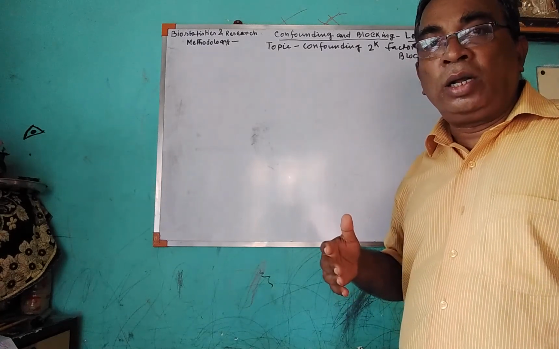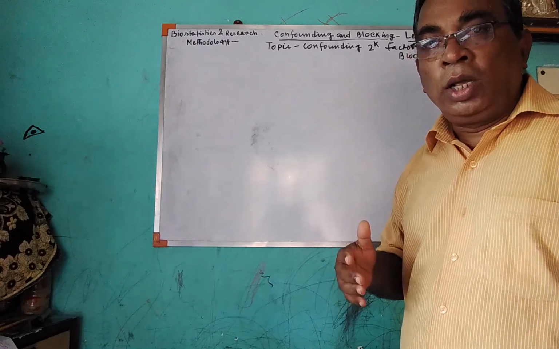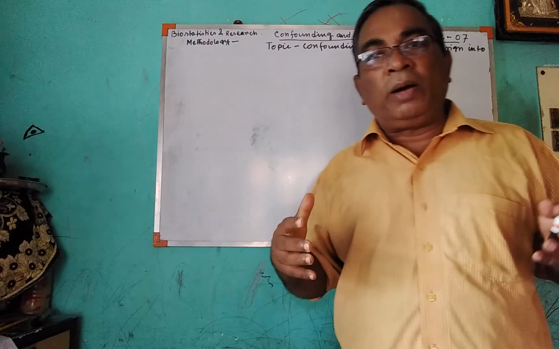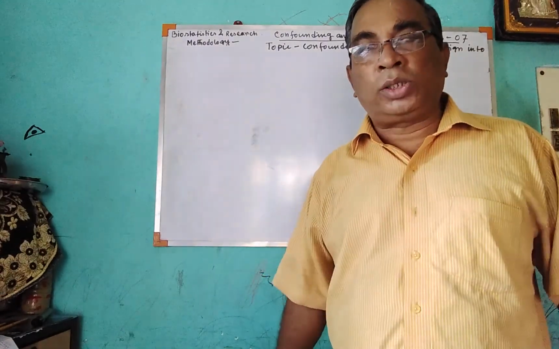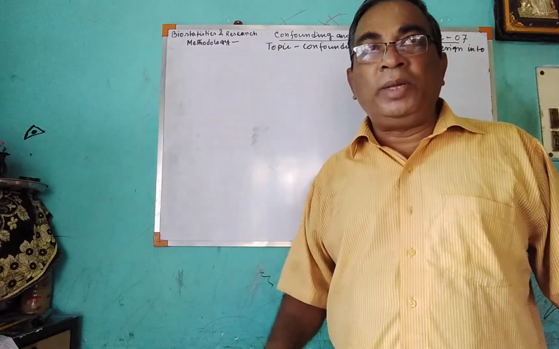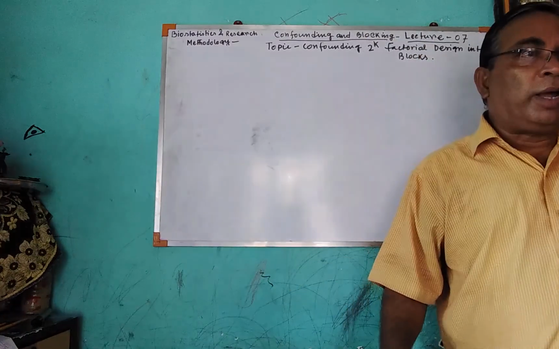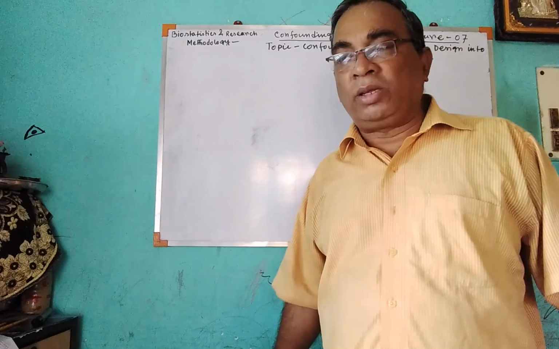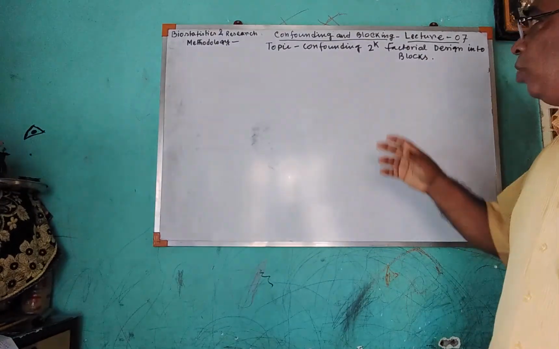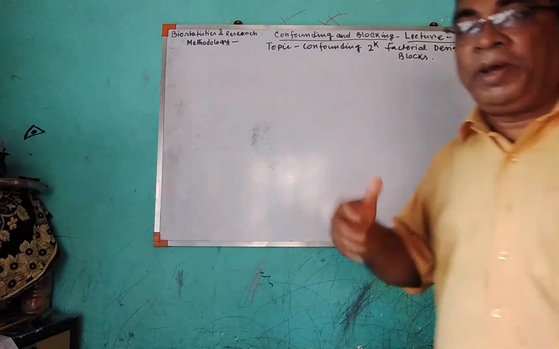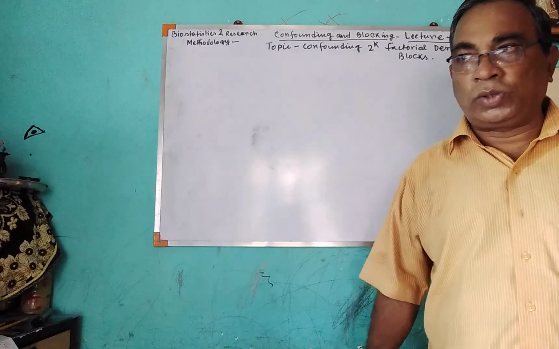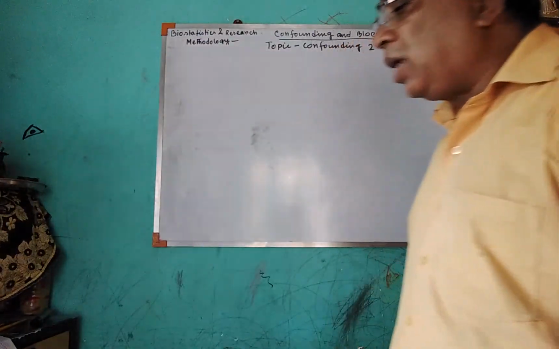So not into two blocks. In my previous video, you will see the whole treatment combination we have arranged into two blocks by the confounding method, by the sine table method, and by the linear combination method. But here we have to arrange into different numbers of blocks, like 3 blocks, 4 blocks, 5 blocks, 6 blocks, not two blocks. Okay, so let's start.